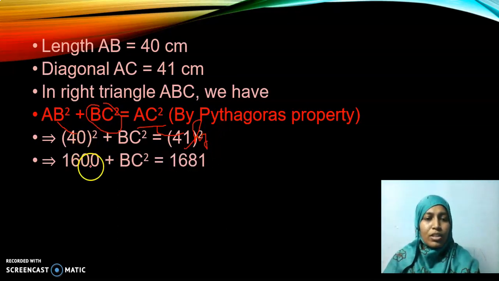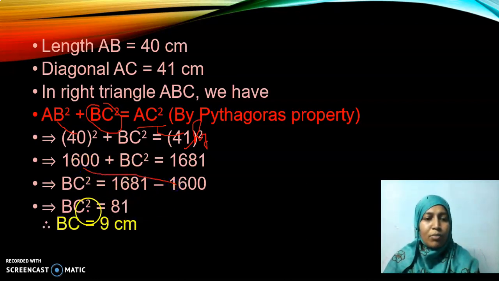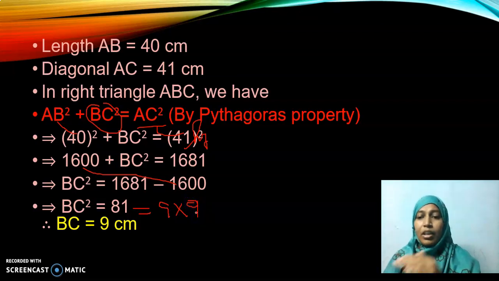Then if I substitute, 40 squared is nothing but 40 into 40, which gives 1600. Similarly, here you will get 1681. This gets transposed to the other side and we get BC squared is equal to 81. Whereas 81 can be written as 9 into 9, because 81 is a square number. Hope you remember the square numbers. You can turn over pages in your classwork note and check if 81 is in that square number list. I have asked you to write it. Hope you all would have written it. Okay, so BC is equal to 9. So I found out BC is equal to 9 in that rectangle.